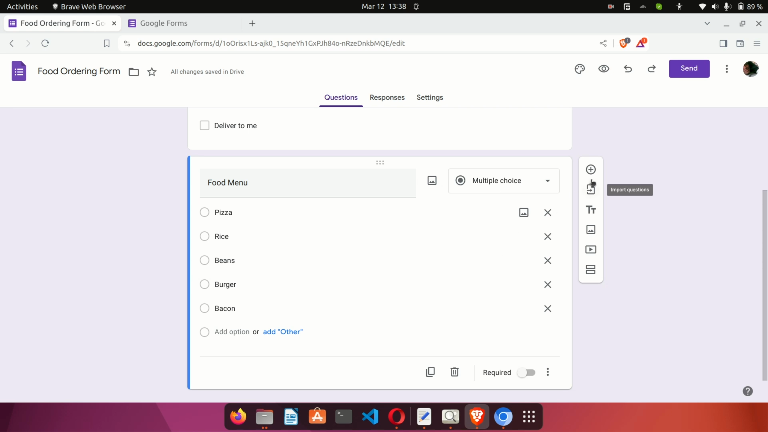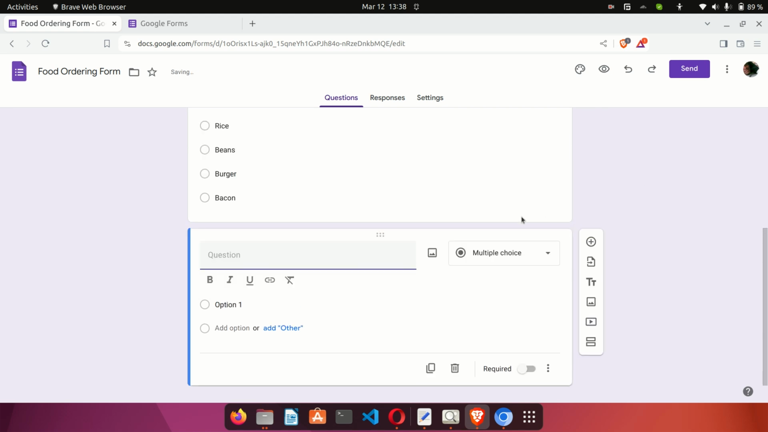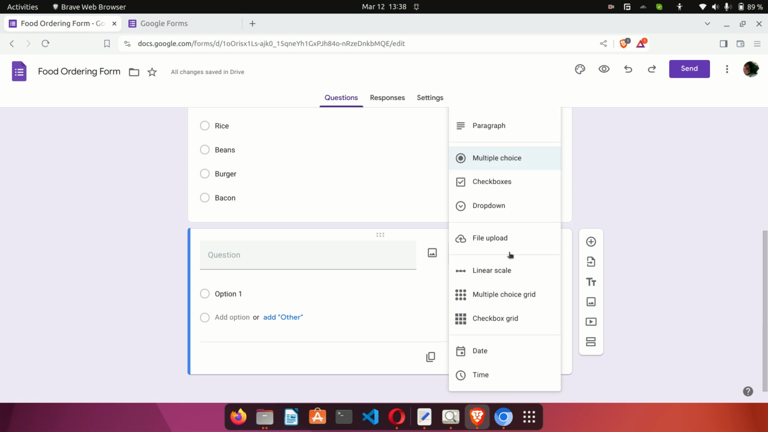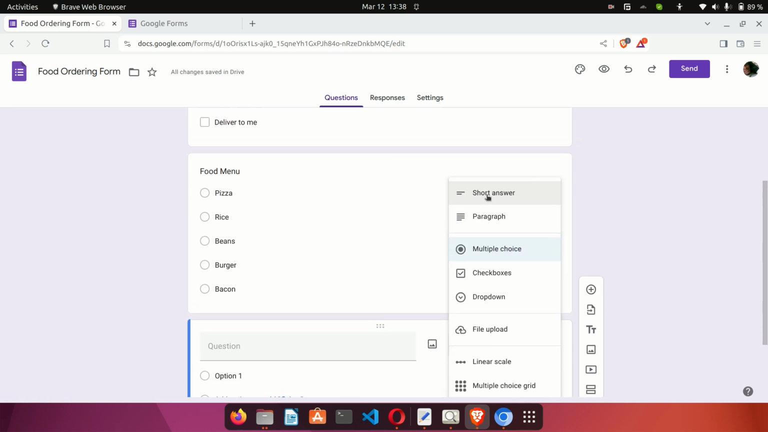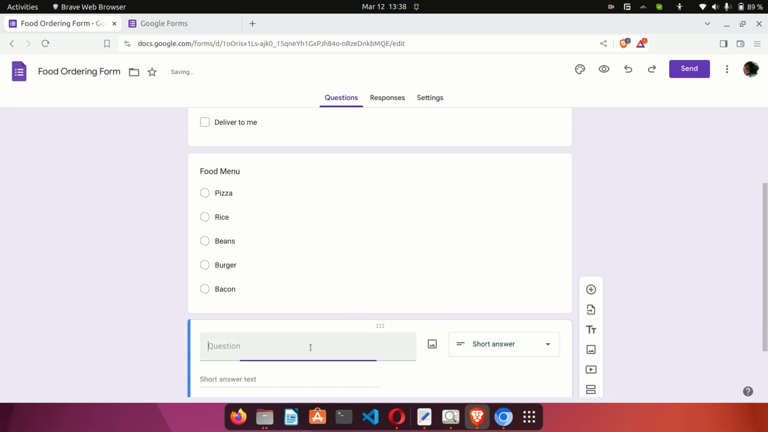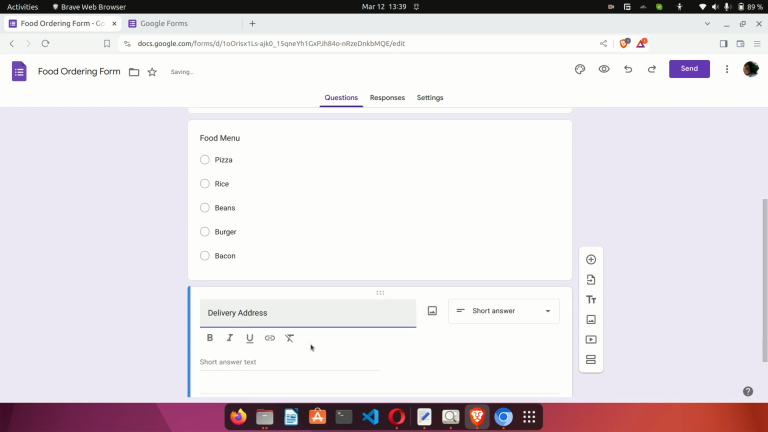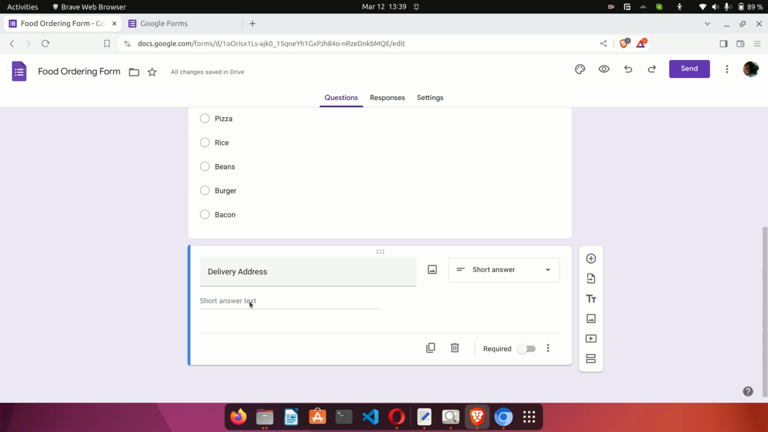So the next thing we want to do is add the address for the user. We want the user to input their home address for this form. In this case, a multiple choice will not work. So what we want to do is choose a type of, say, short answer, and then we're going to call this delivery address. So now this gives the user a text field where they can enter a short answer